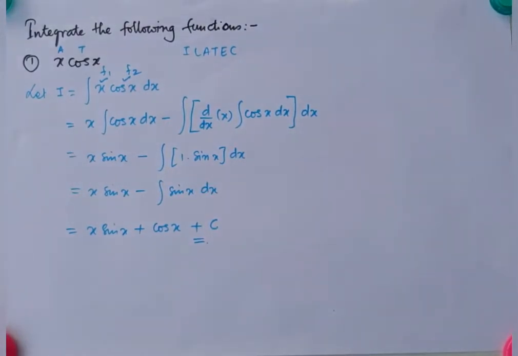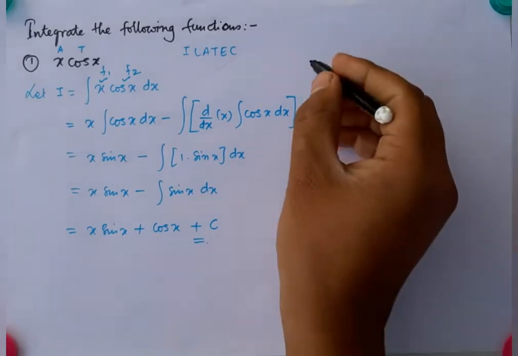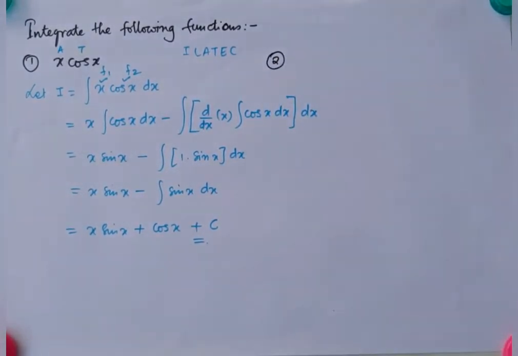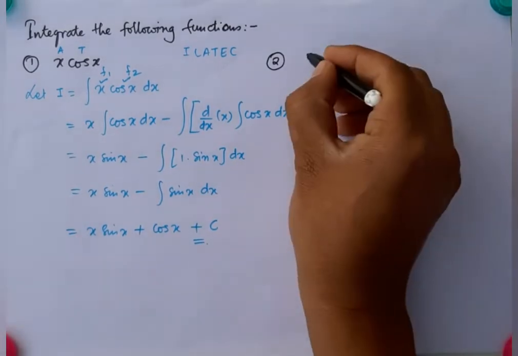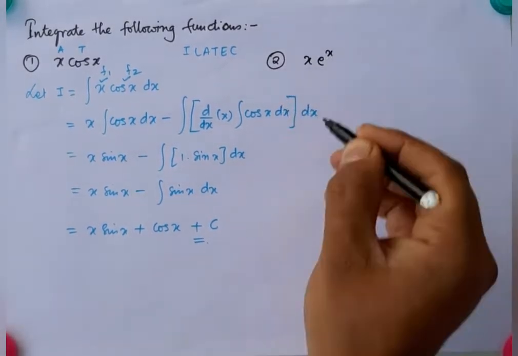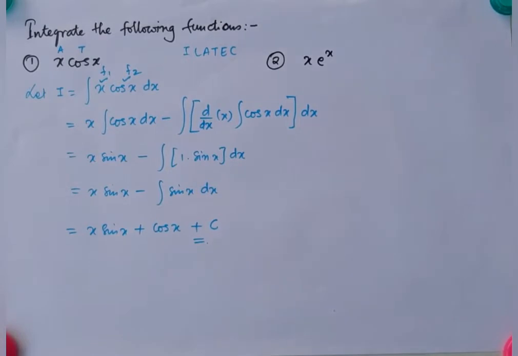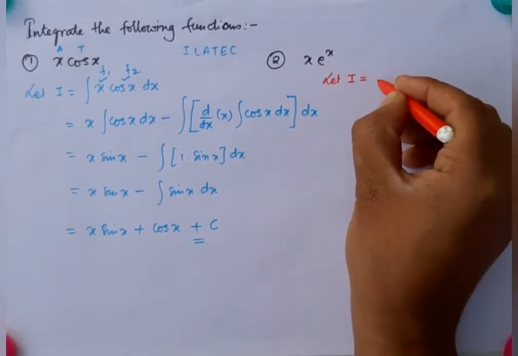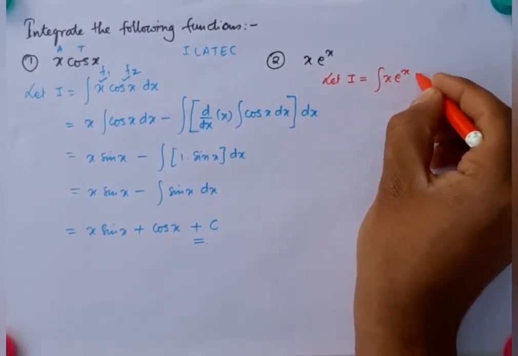Now let me take another question. So for that, let me do it here only. Okay, so let me take the second question. So second question is x e to the power x. Okay, so let's see how to integrate this function. Now let me write, let I is equal to x e to the power x